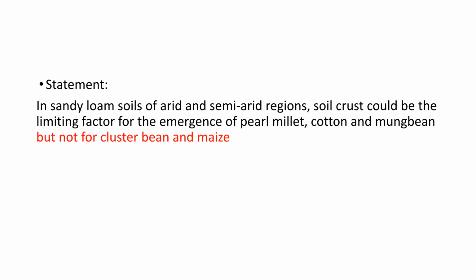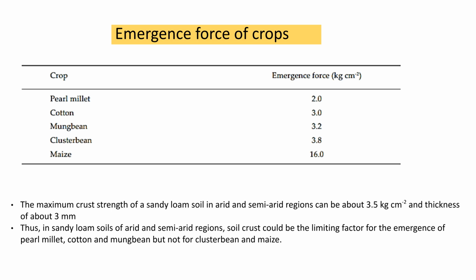In sandy loam soils of arid and semi-arid regions, soil crust can limit the emergence of crops like pearl millet, cotton, and mung bean, but not cluster bean and maize. The maximum crust strength in these soils is about 3.50 kg/cm². Crops like maize and cluster bean have higher emergence forces compared to pearl millet, cotton, and mung bean, making them